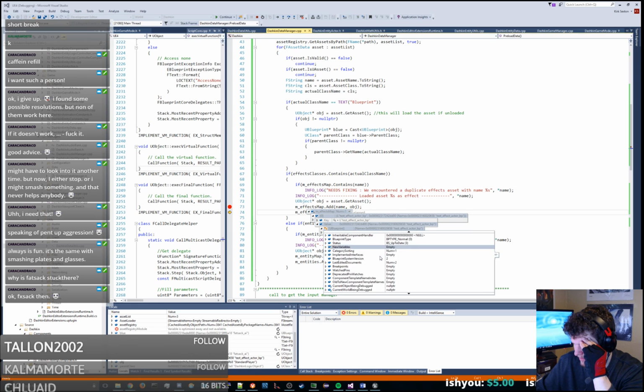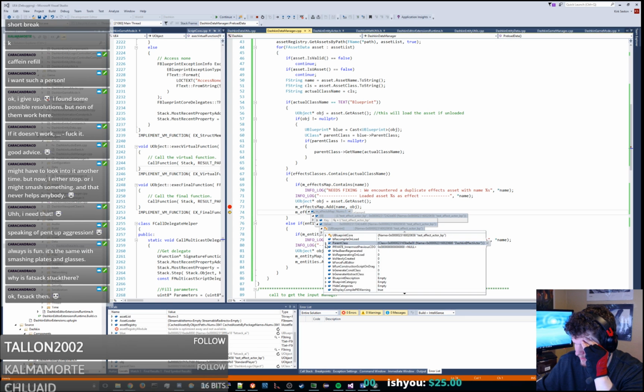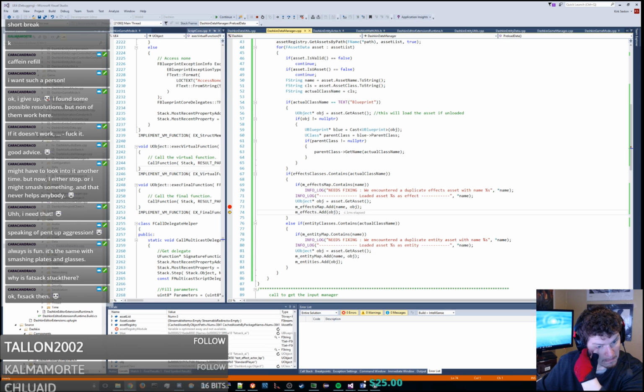Blueprint type. Dashkin effect actor is the parent class. So when we actually spawn this thing,